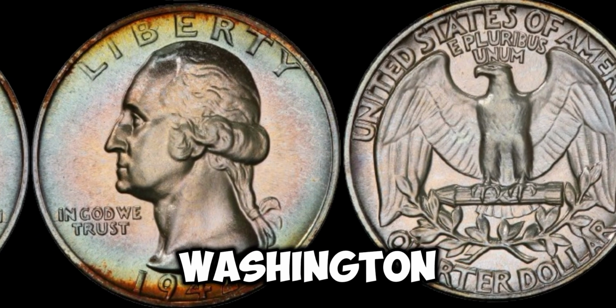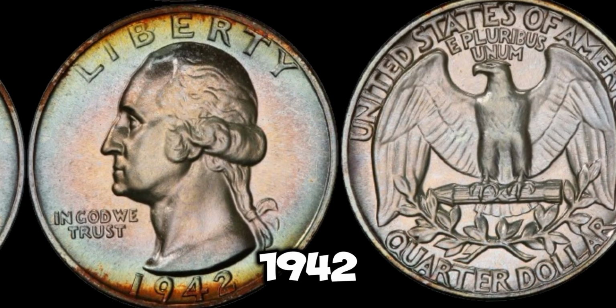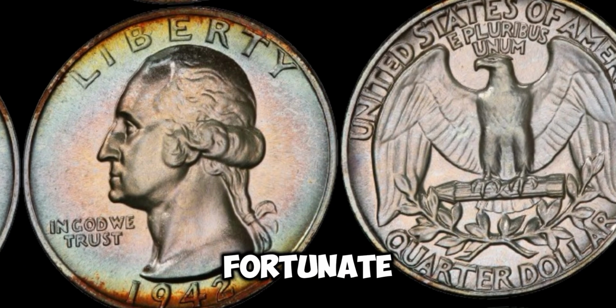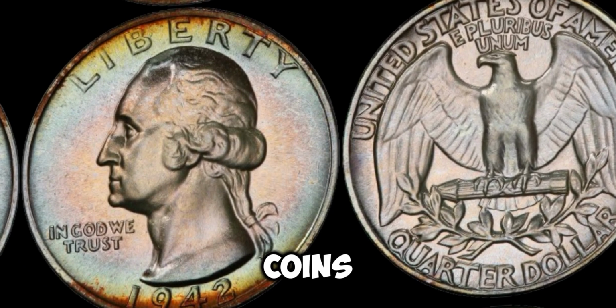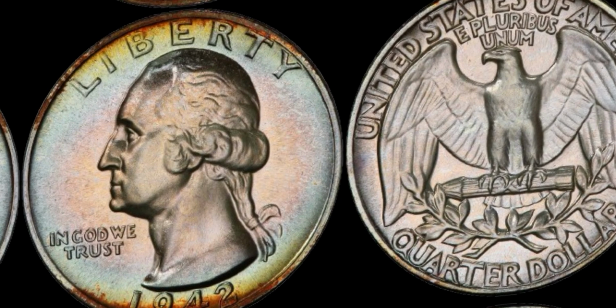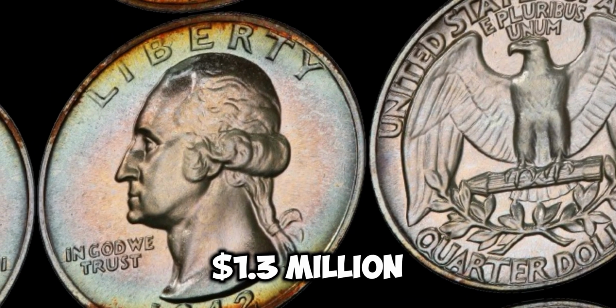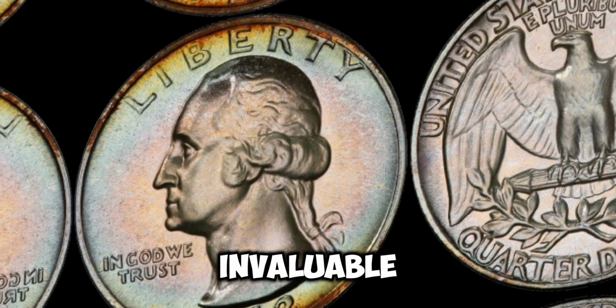your 1942 Washington quarter. If you're lucky enough to own a 1942 Washington quarter from the San Francisco Mint, consider yourself a fortunate collector. These coins are highly coveted and can fetch a hefty sum at auction. Some have been known to sell for upwards of $1.3 million, making them a rare and valuable addition to any